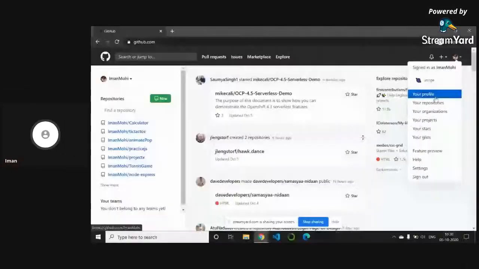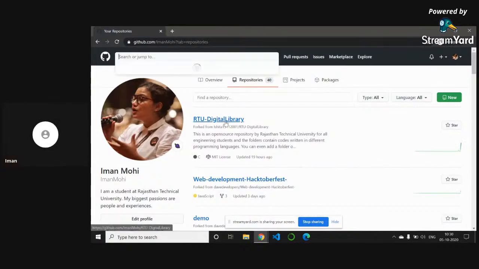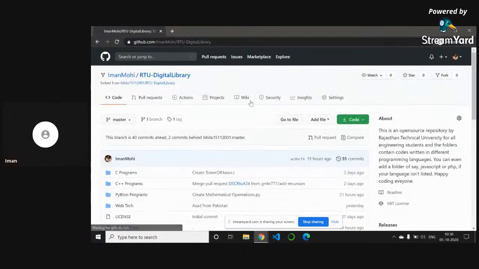Okay, so how do we do that now? Now we are going to fork a repository, and then we are going to see how, just a second. So